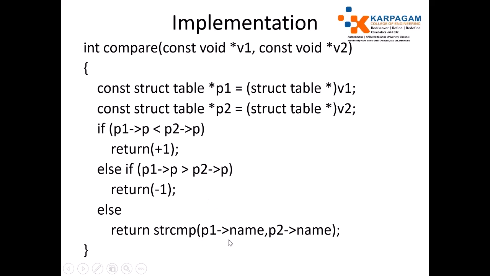Okay, based on the comparison, we find which team comes first in alphabetical order. For example, when comparing Germany and Italy, Germany comes first. There is a tie in the points table, and Germany comes first. So for this purpose, I just use string comparison here. Okay, it's a little bit tricky. You need to practice more for implementing this comparator function.